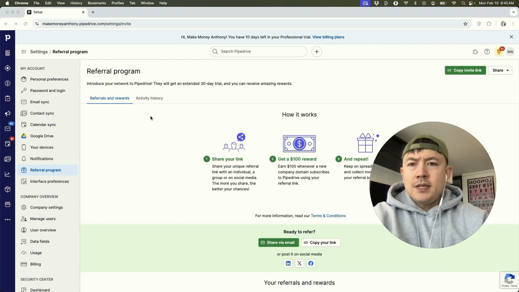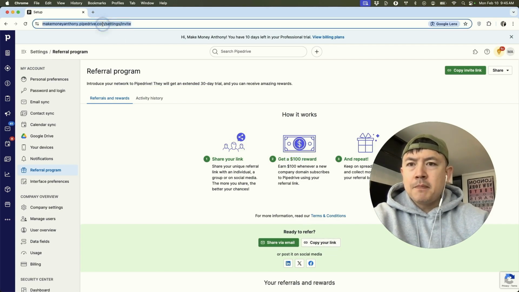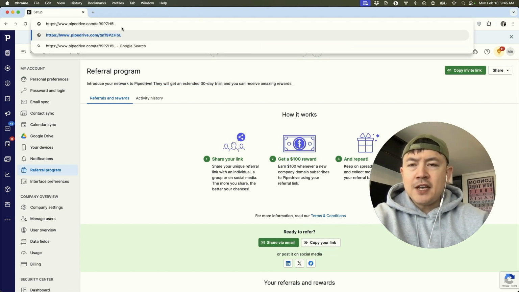Okay, so here you're going to see the current promotion. So you can see that if someone signs up using my Pipedrive referral code, they get an extended 30-day trial. And then also I would get a $100 reward. So this could change from time to time. Now, in order to get your Pipedrive referral code, you're going to click on copy link. Once you do that, it's copied to your clipboard. So you can easily paste it into a Facebook post, to your Twitter feed,